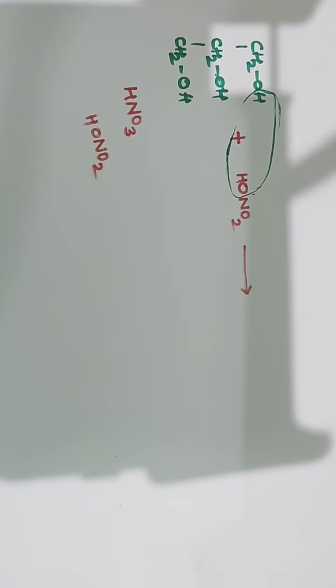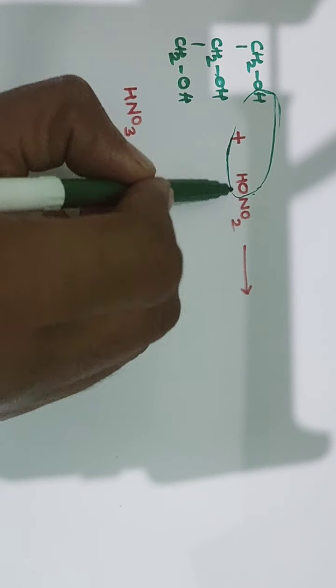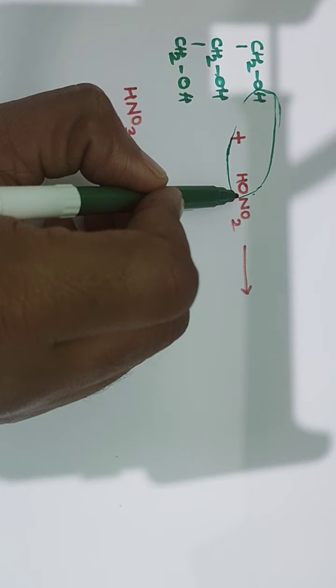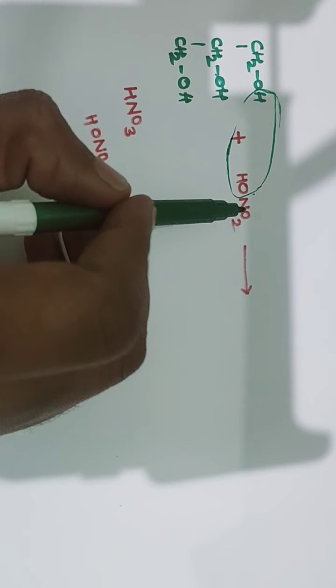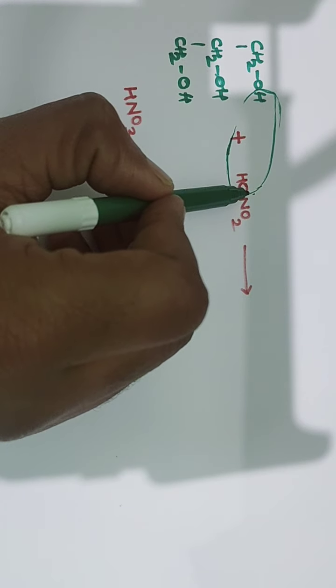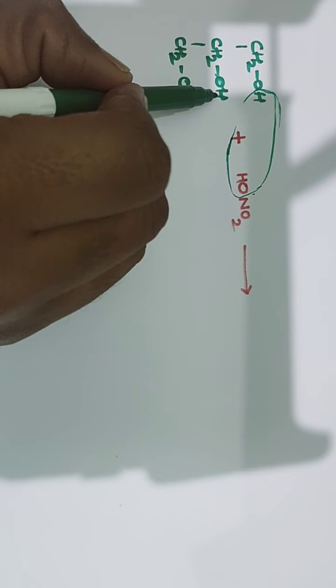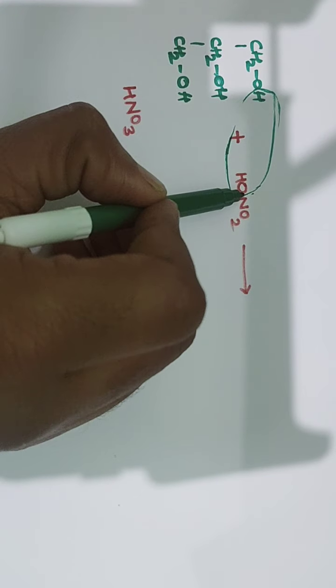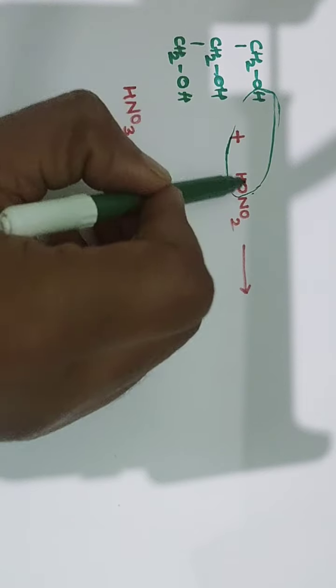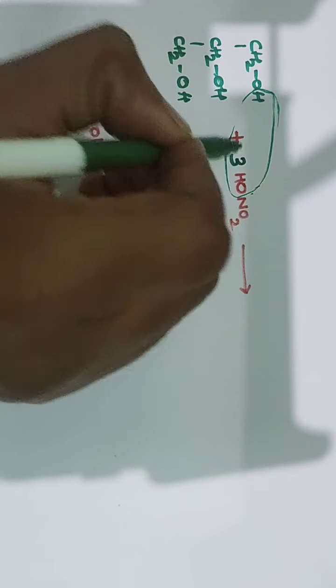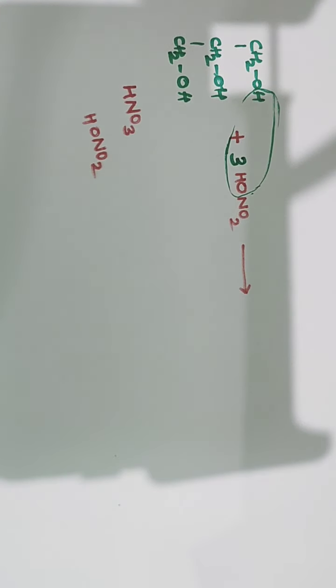Similarly, another nitric acid will react with this OH and go off as water. Similarly, another nitric acid will go off as water. So one glycerol will react with 3 molecules of nitric acid,